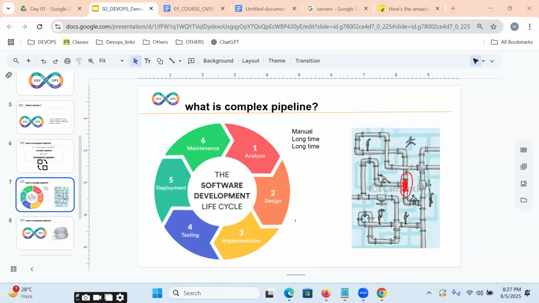No, we can't. It will take a couple of days or weeks, and resolving it will also take a couple of days. Meanwhile, our customers are not satisfied, waiting for water. The same way in our SDLC process, if we get an issue in the middle of the process, identification will take a long time, and resolving the issue will also take a long time.